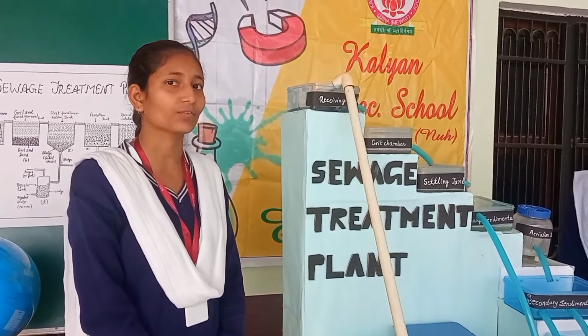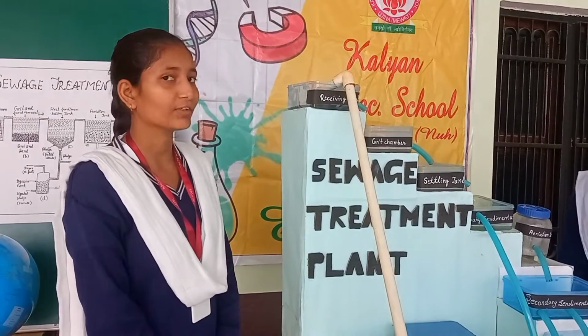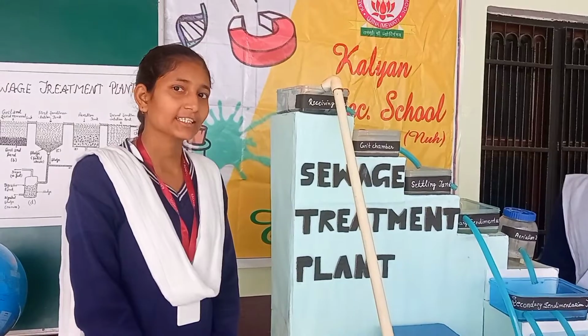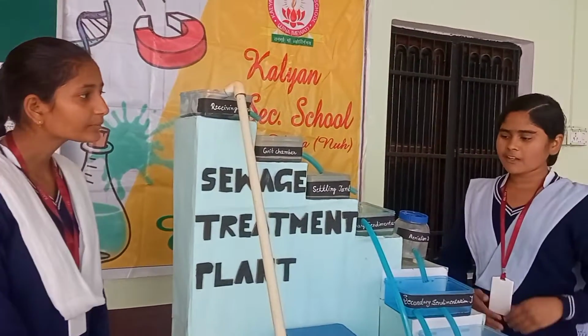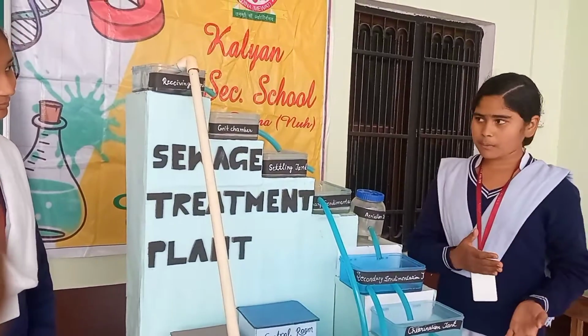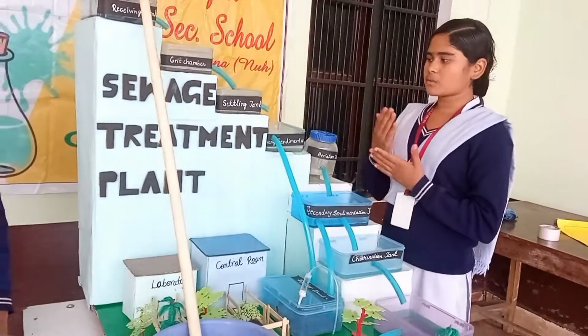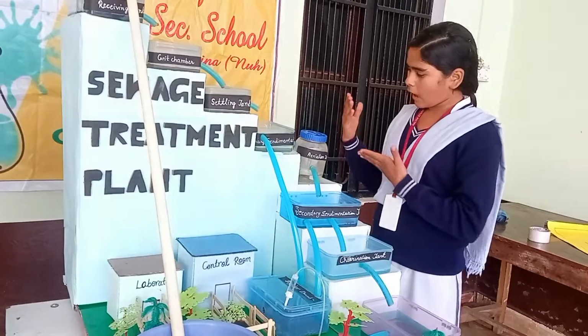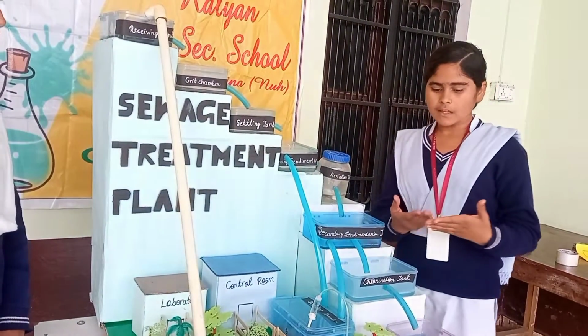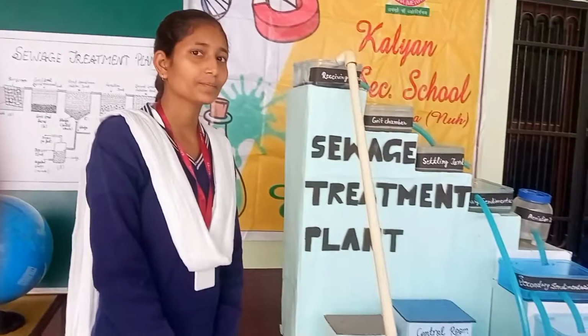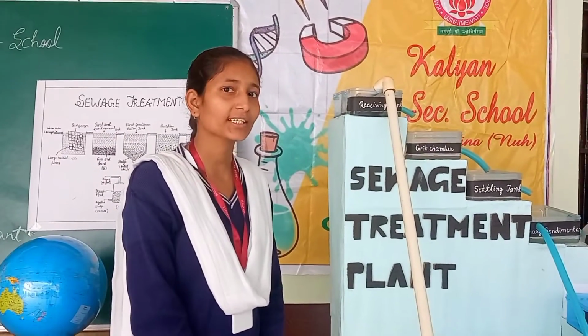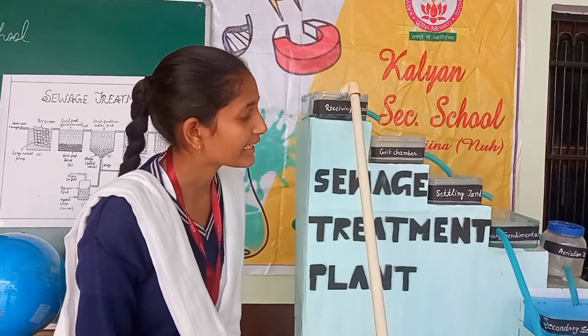About 71% of our Earth's surface is covered with water. The bacteria present in the sewage cause many waterborne diseases such as cholera and typhoid. Material required in this model: wooden plywood, cardboard, chart paper, waste plastic boxes, rubber pipe, a DC motor, chlorine tablets, waste paper and stones. Scientific principle involved: a sewage treatment plant is based on screening, aeration and sedimentation.